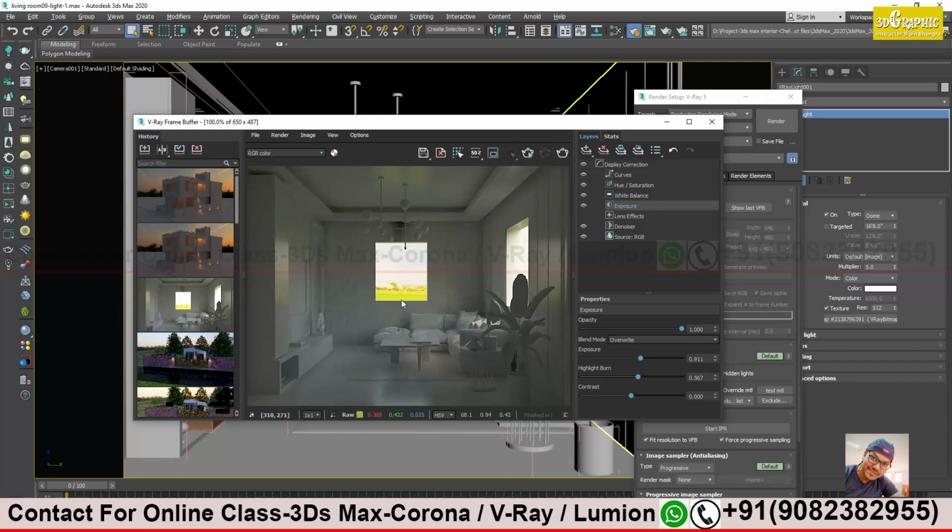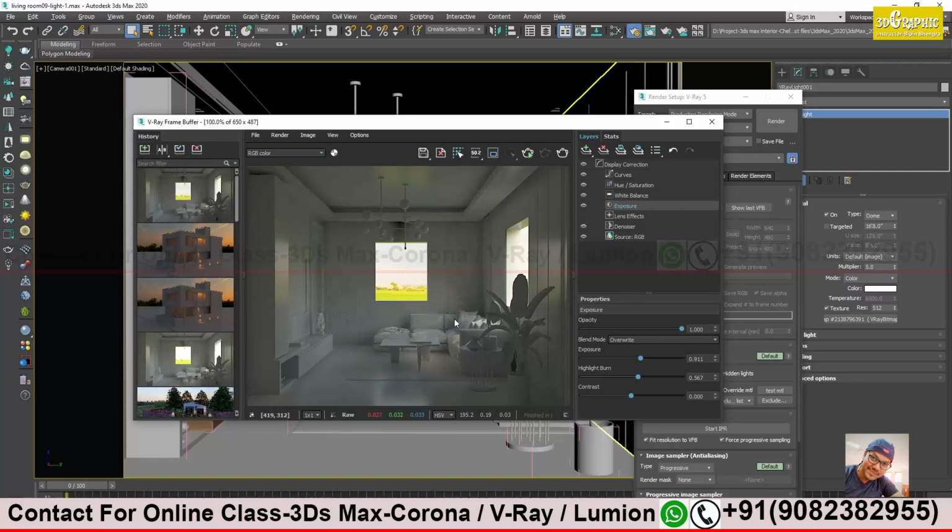Our second important light is the V-Ray Sun, which we are going to use, and that will define the proper illumination, exposure and brightness area. So for me, this is enough. I will just save this. This is enough for me.